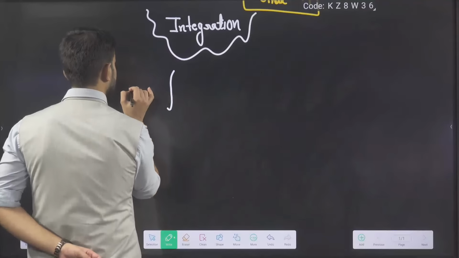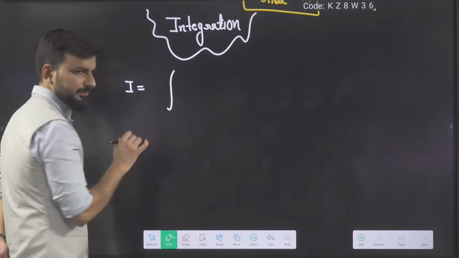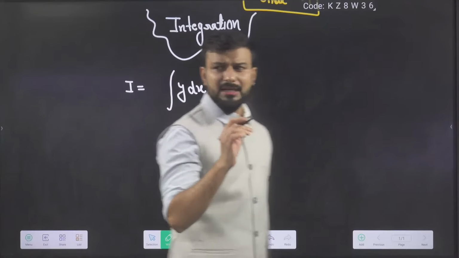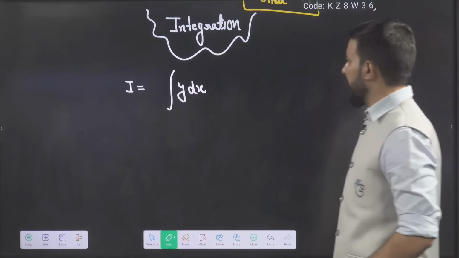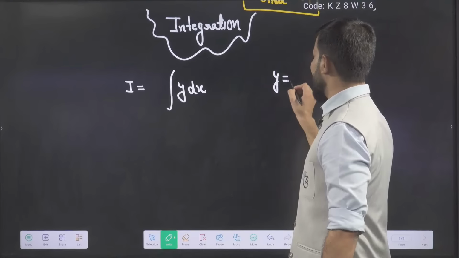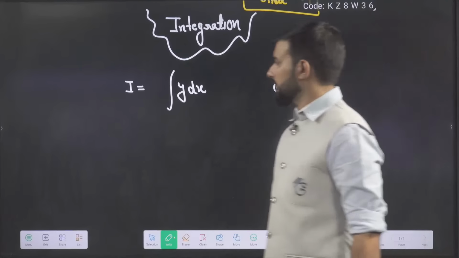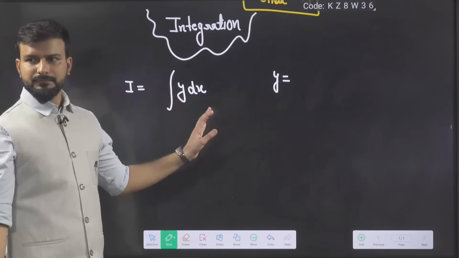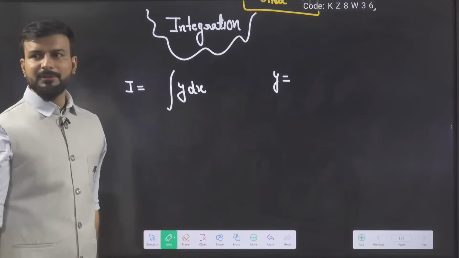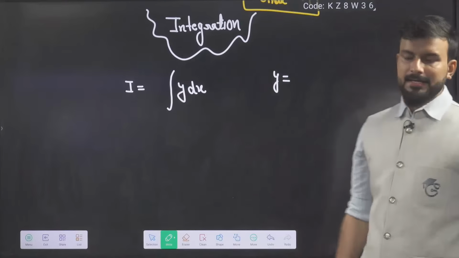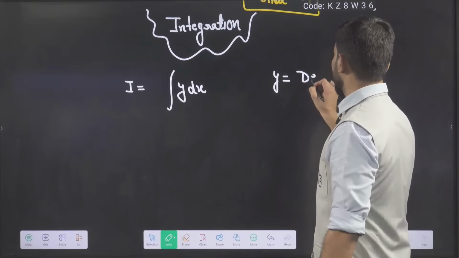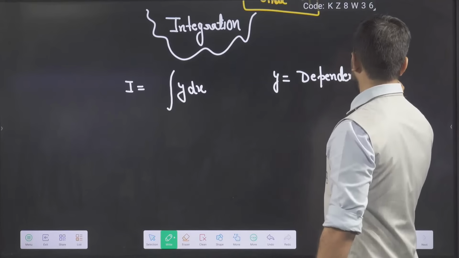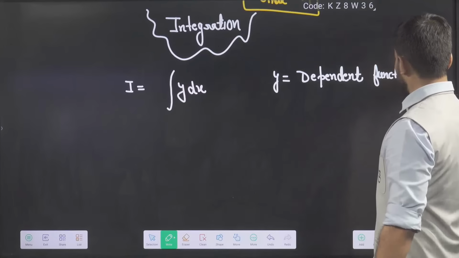How do we write integration? So the symbol for integration, y dx, we write it like this. Last class in the beginning, what is y? Everyone tell me what is y, you remember. Now again I will not tell. This is the way of writing. Tell me, what is y? Dependent variable. Very good. Dependent function, you can also call it as dependent function or variable.